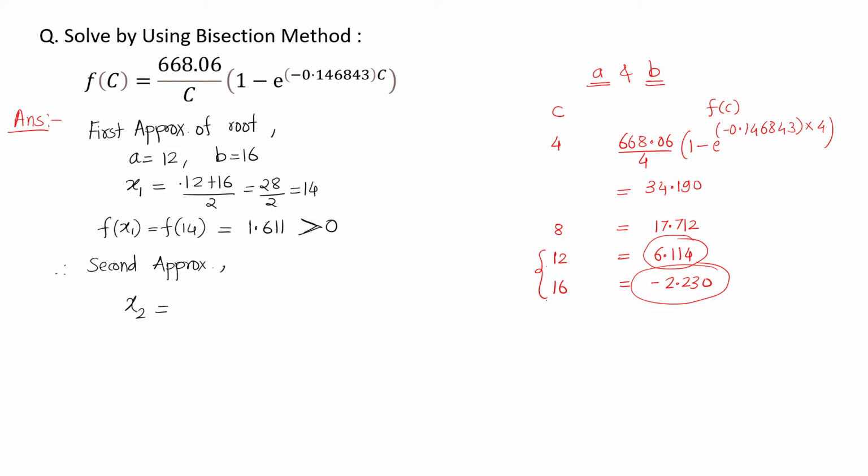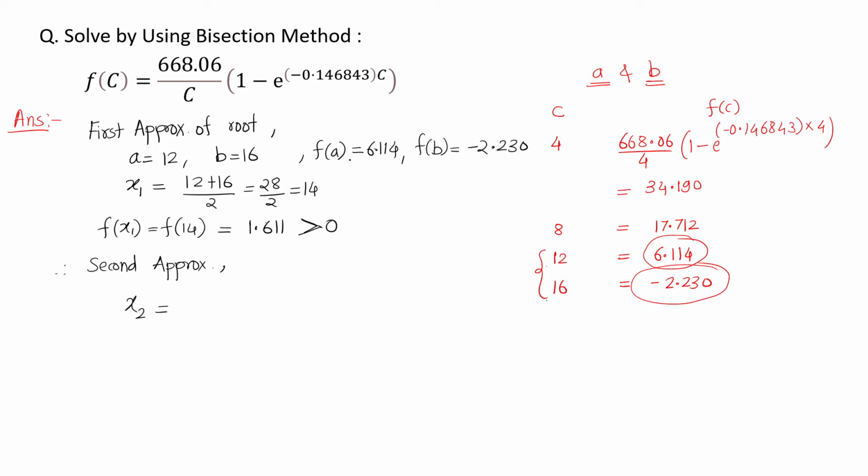Let's write here, f of a, means f of 12, is equal to 6.114, and f of b is equal to minus 2.230. So at the new root the function value is positive,